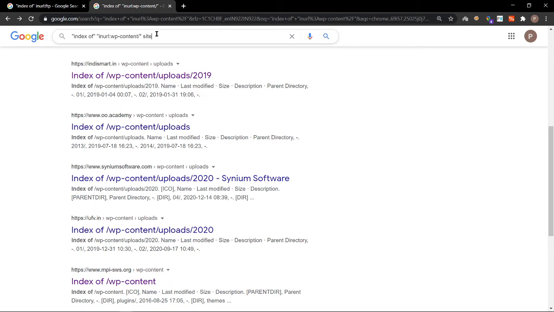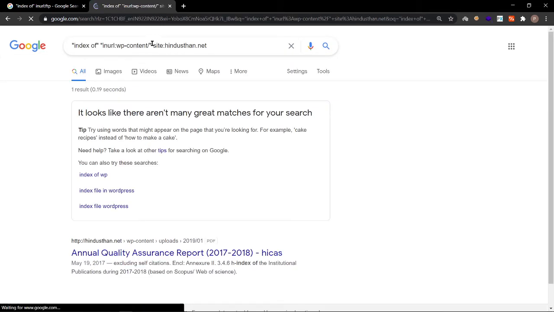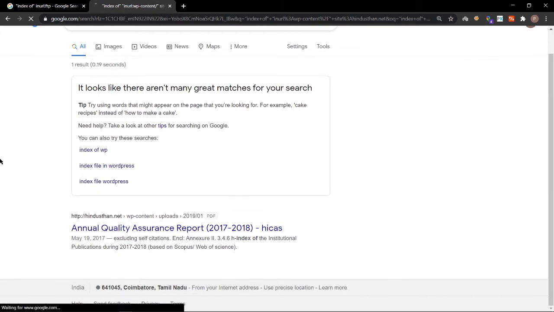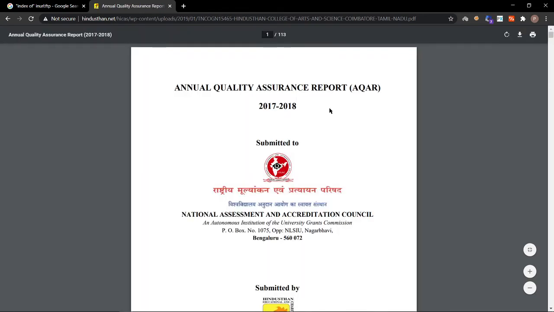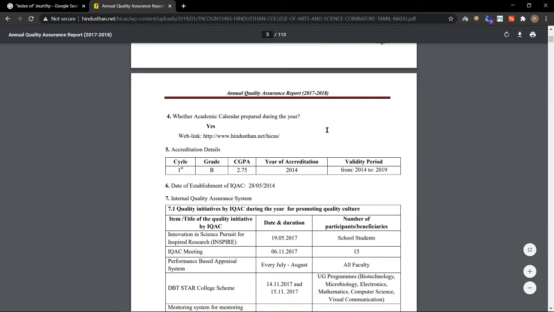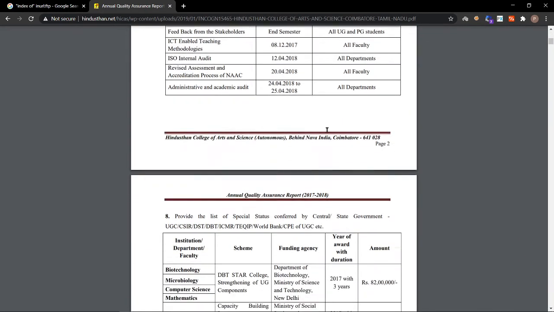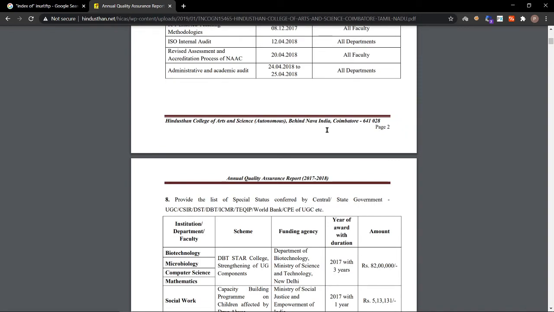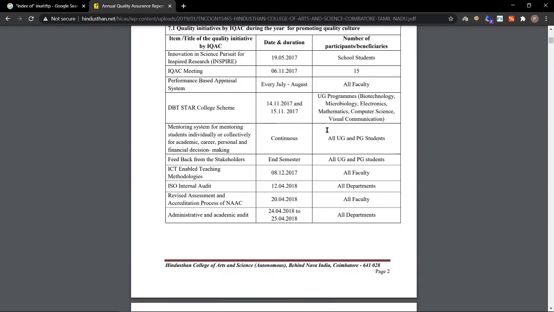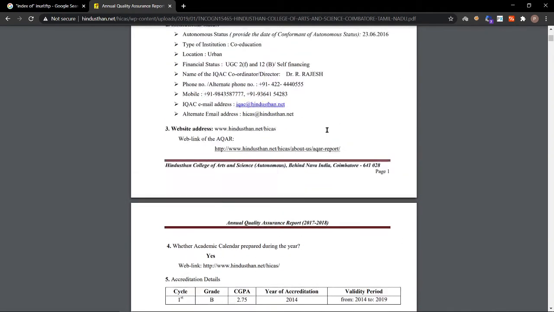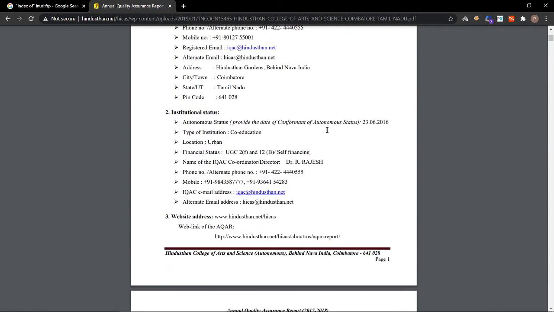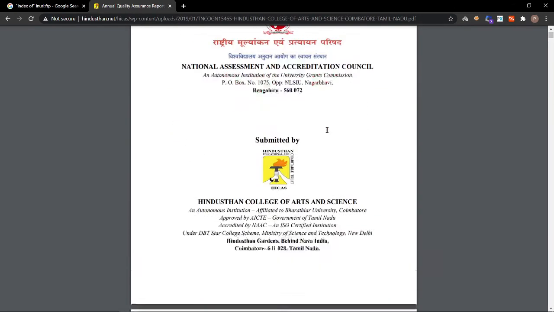Site. Let me type Hindustan. See, even Hindustan has some PDF related thing. Okay, there are some fee structures or something that they have paid for IT.